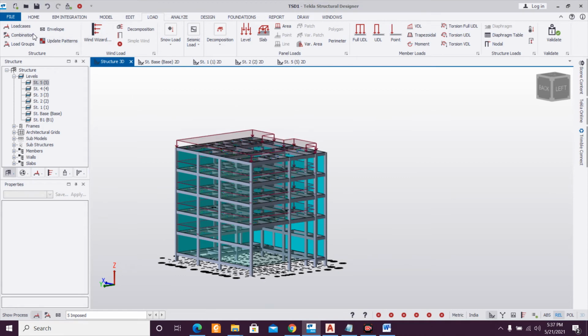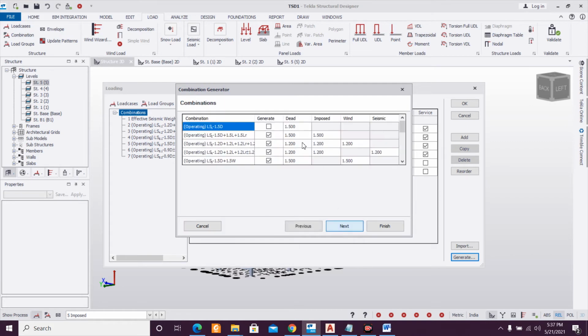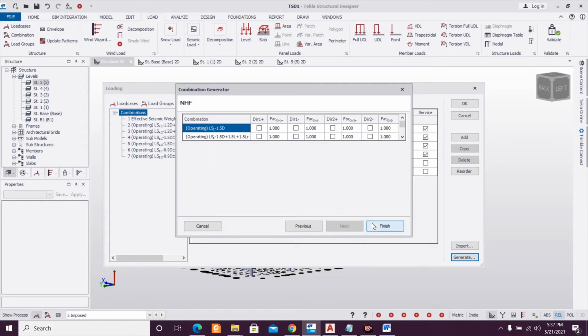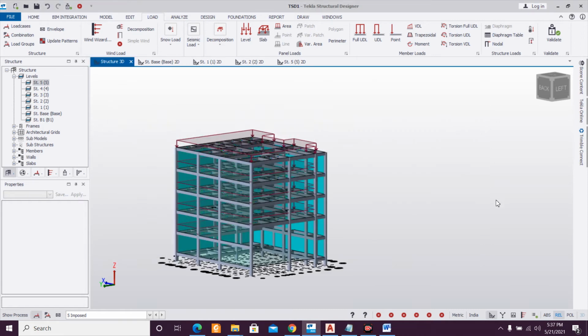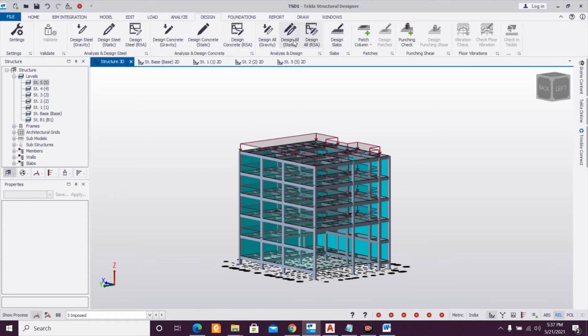After that add some load combinations. Limit state combination selected. Next, validate, design, and then design all static.